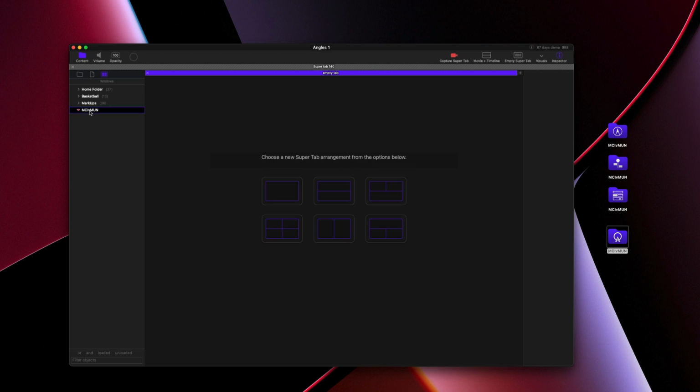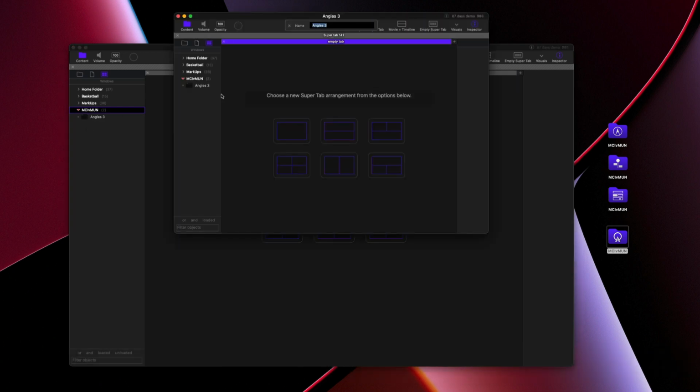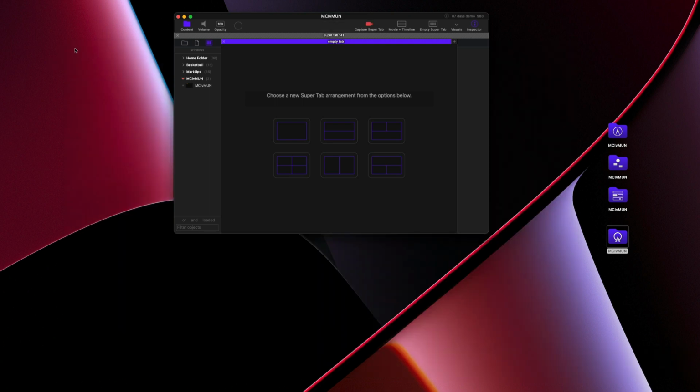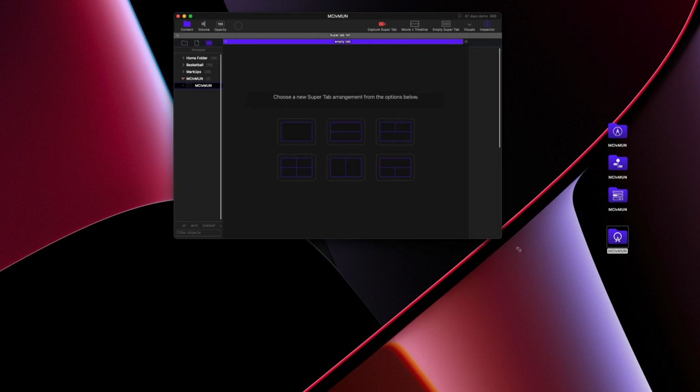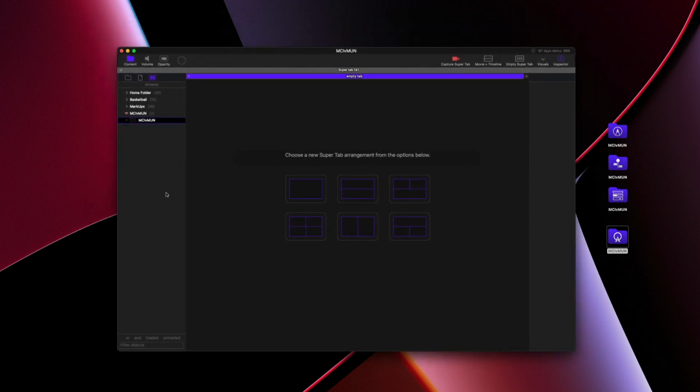You'll notice that here there is no window that's being saved into that folder. So let's create a new one, and you can see that's called Angles 3. So I'll call this MCIVMun, and then I'll close the previous window. And now I'm working in this window, and that window is being saved inside of this folder so that when I distribute, they will have the same